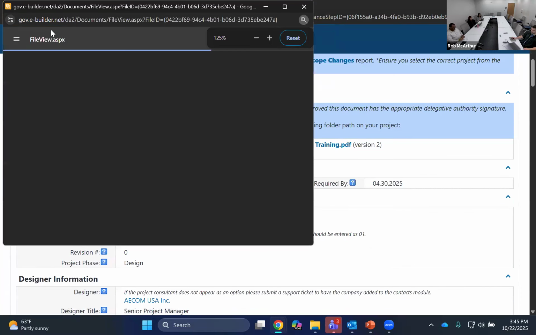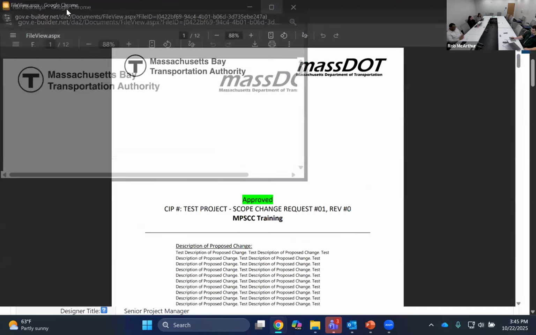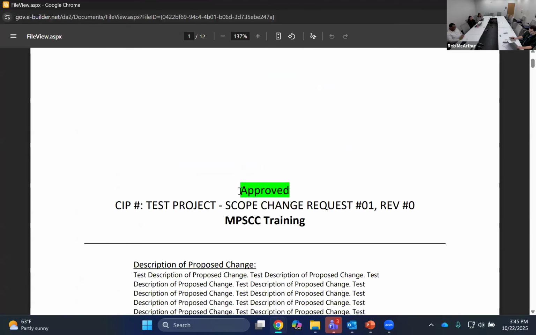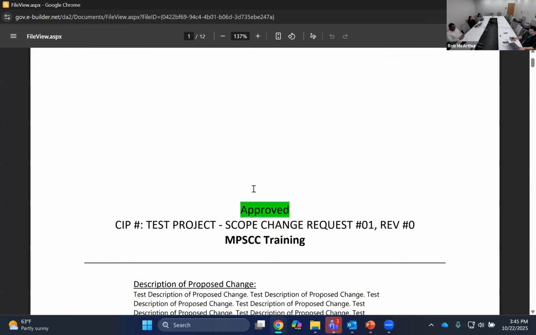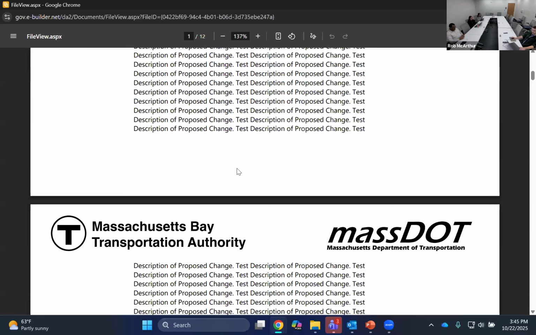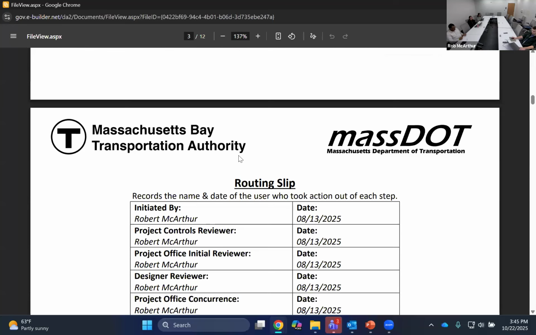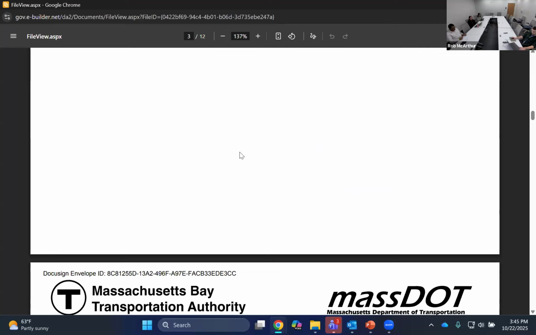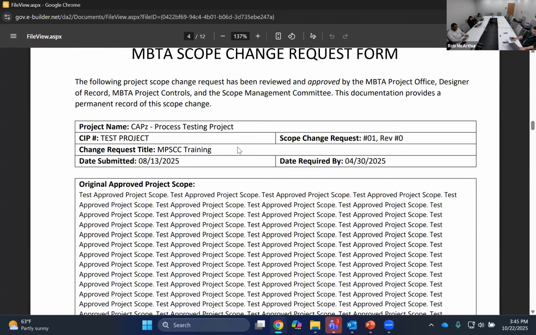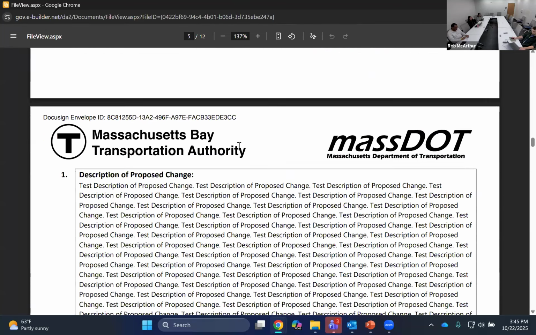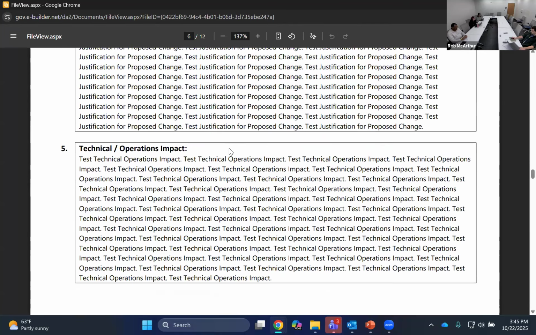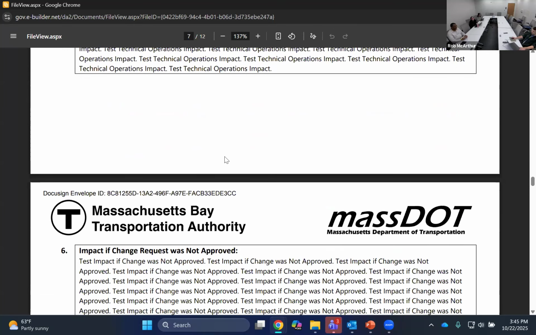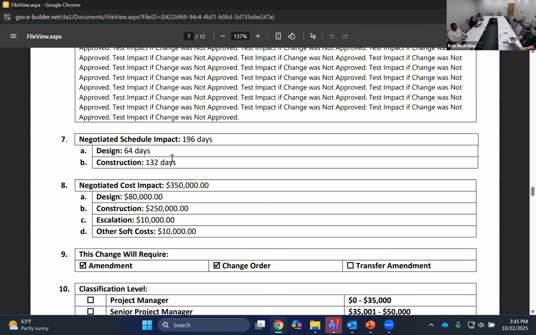This package is going to be a combination of documents that both you and the project office provided. You can see at a glance whether or not your scope change was approved, highlighted in green, big and bold right at the top. Scrolling down, we have all the documents that were provided throughout this process. We have a routing slip at the top, the scope change request form, which we generate using all the information collected throughout the process. So all the information you provided regarding the scope and the impact the scope will or will not have on the project is in this document, as well as the negotiated schedule impact for both design